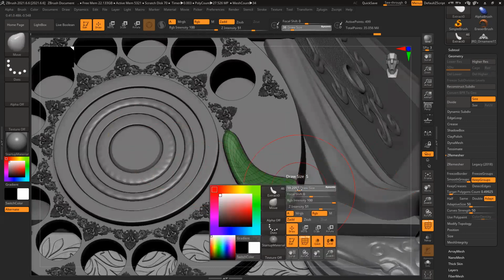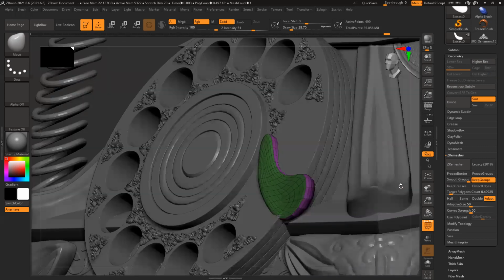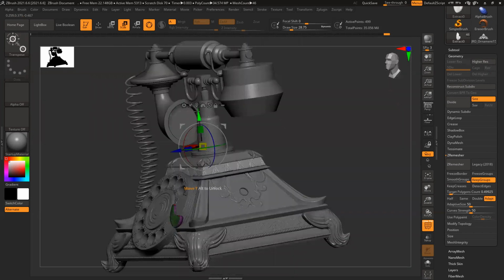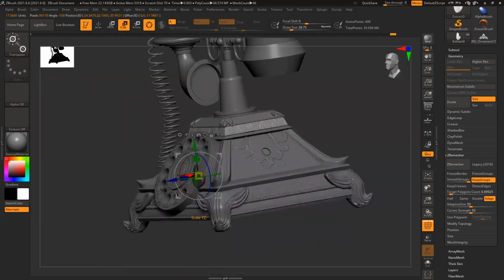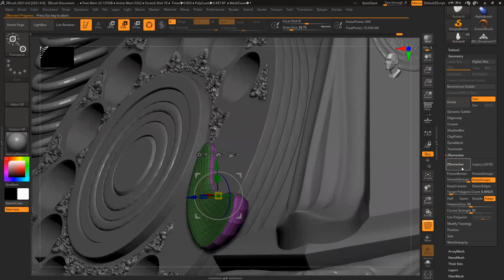Slightly outside this area. And then remesh.